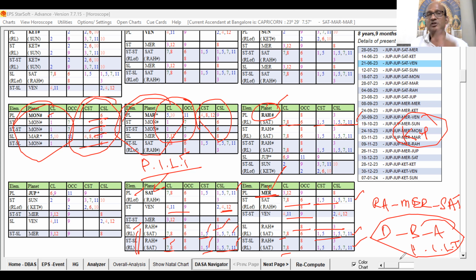For example, one person, you may be good in something, but your work efficiency will vary depending on whom you are working under. When your manager changes, your efficiency can vary. I hope you understand. That is an important thing in EPS. Whether a planet is acting as Dasa Lord, Buddhi Lord or Antra Lord, that combination also we have to study. It means Dasa Lord is like a source, Buddhi Lord is the effect, and Antra Lord is the result. Source, effect, result is the principle in EPS that you have to keep in mind.